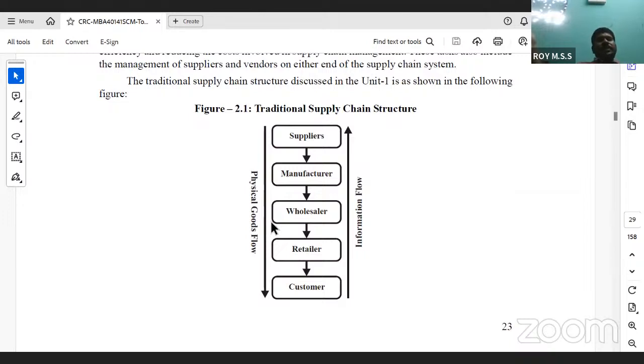Here it will start with the raw material or other components. Please see my hands. Here in this hand, customer, and here the supplier. In this hand, the final product will be there. Let us say I'm using the laptop now. That is the final laptop. Customer, down here, you have this. Supplier of the Lenovo. Let us say there will be different suppliers.